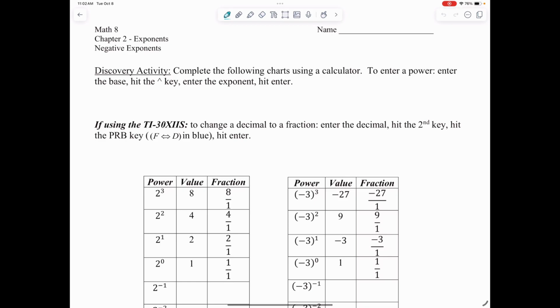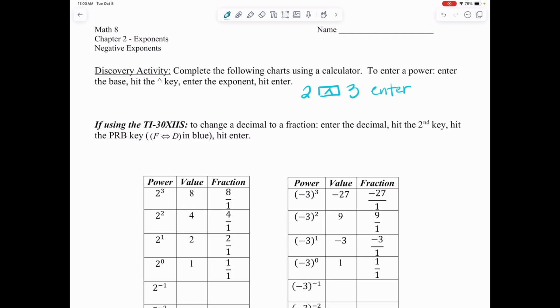Our next lesson is called negative exponents. So we'll start with a discovery activity. You're going to complete the following charts using a calculator. Remember that when you enter a power, you enter the base, hit that insert key, and then the exponent. So it might look something like 2, then that insert key, and then your exponent, and then enter